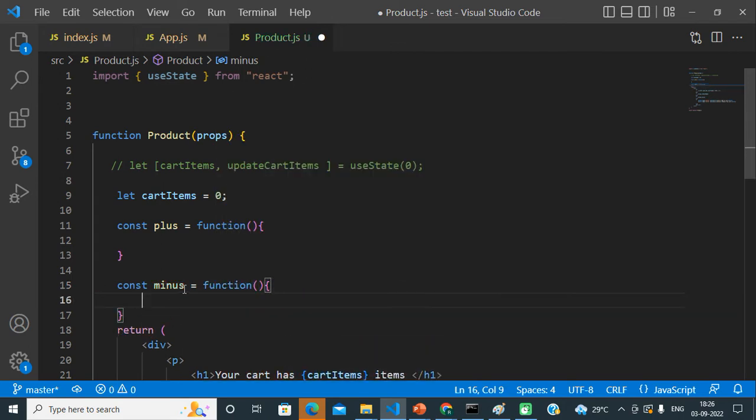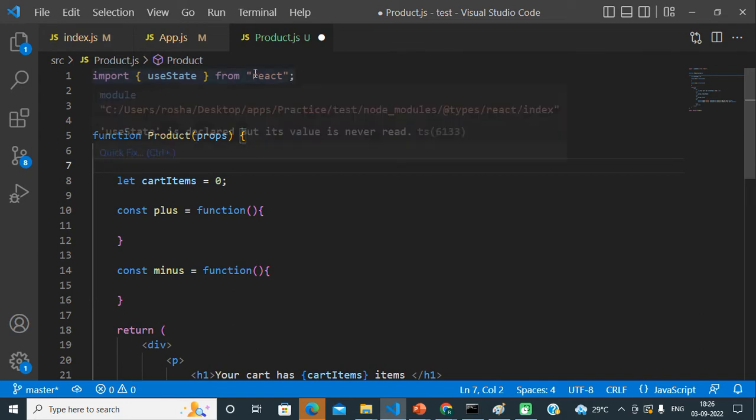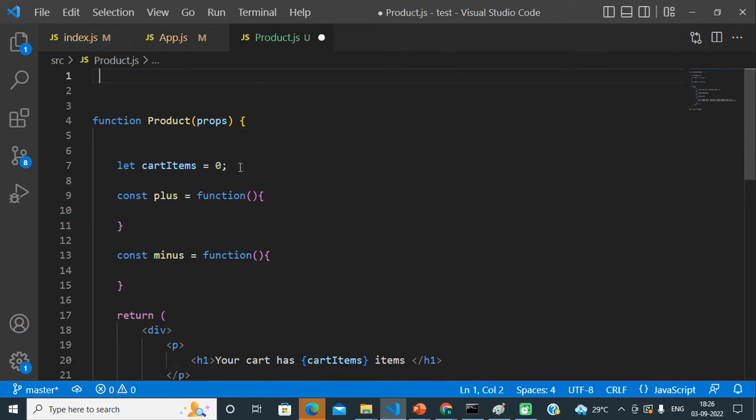Normal JavaScript functions, two normal JavaScript functions. Now let's delete this useState code. Now we are going with a normal JavaScript variable.